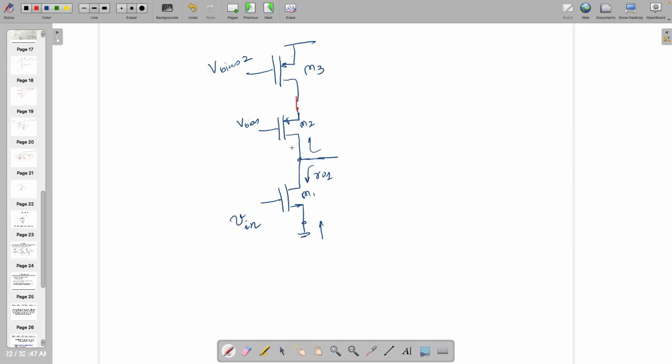We studied Cascade, right? Use Cascade theory. When two transistors are stacked with each other like this, either NMOS or PMOS doesn't matter. Look, this VDD is also ground because it's AC ground. So this also goes to ground only. Same theory. So this is GM2, RO2 and RO3. Instead of this, if it is like this,